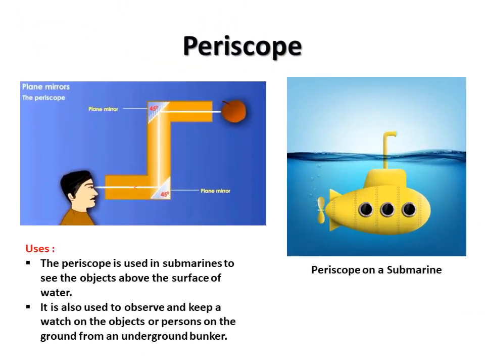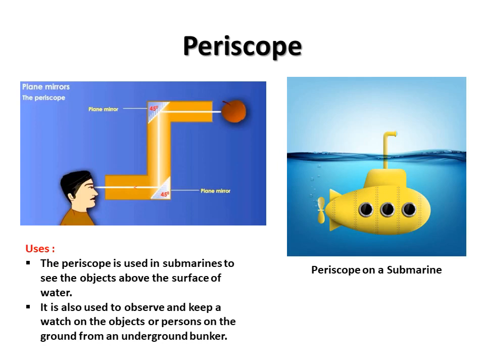Periscope. A periscope consists of a cardboard box with slits made in the top and bottom sides of the box. Two mirrors are fixed with sticking tape such that they make an angle of 45° with the sides of the box and are parallel to each other. Two windows of 1 inch each are made near the two mirrors. From the bottom window, we can see what is in front of the top window. And this device is called a periscope.